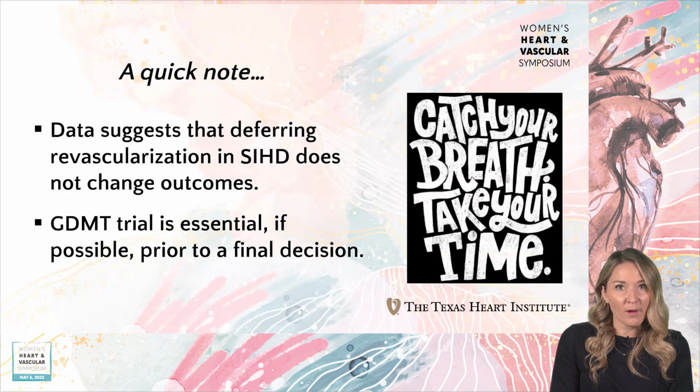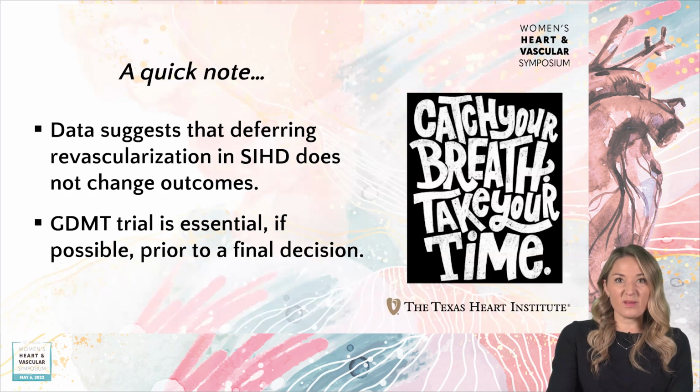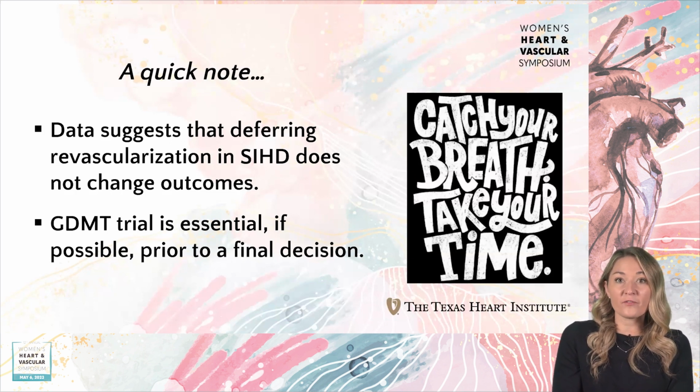Slapping a stent in someone sounds very simple, but a lot of times we aren't thinking about what other issues they have. We're putting you on antiplatelet medicine, meaning quote unquote blood thinners, as many patients call it, after you get a stent. What is their life like? What do they do for a living? Do they have AFib? Is this going to be a complication because you have to have them now on 2 drugs that are going to make their blood thinner? So catch your breath and think about it. It's often good to have a few conversations with a patient before making a decision.